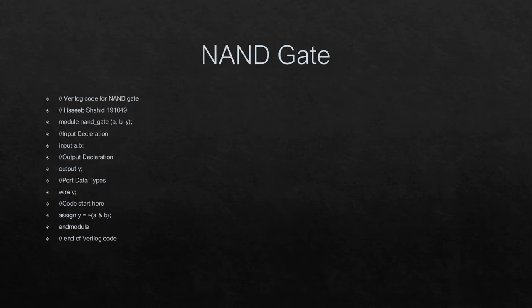So here is our next gate, which is the NAND gate, which is the inverter of an AND gate. It basically inverts the output of the AND gate. AND gate gives us high when both inputs are high, but NAND gate gives us high when any one input is low. So here is the code that we will implement in the Quartus software later on, and this is the same. We will input a and b as two variables, the output is stored in y, and we will invert our result.